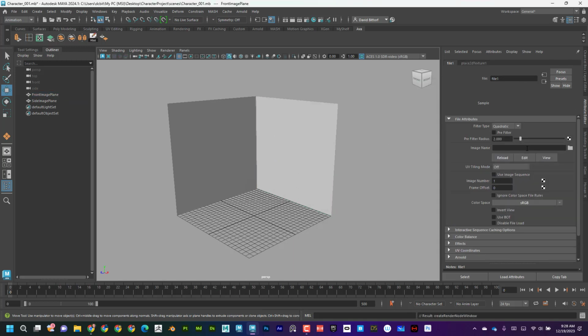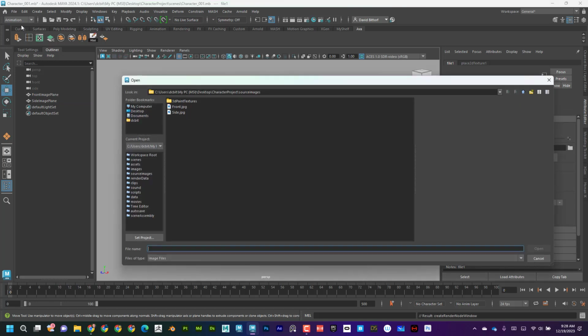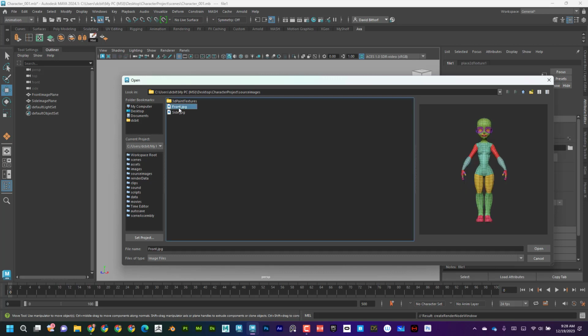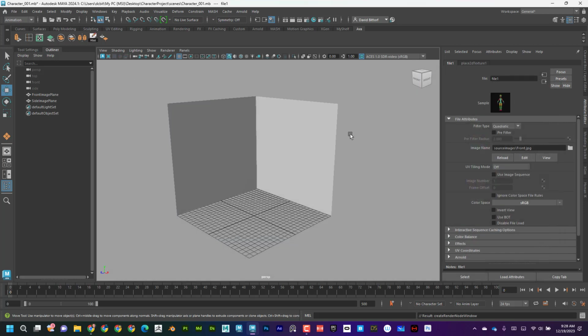go ahead and click on File. Then I'm going to click on the folder. And voila, because we had our projects folder set correctly, it brings us right to where we need to be. Because this is the front view, I'm going to choose the front, and I'm going to click Open. Now I can see that it's here, but you may say, well, hold on, Dave, I thought it would show